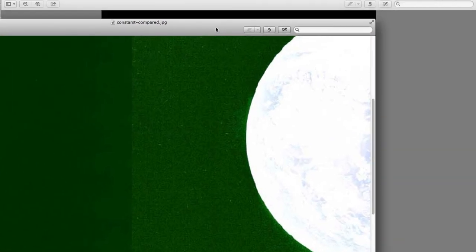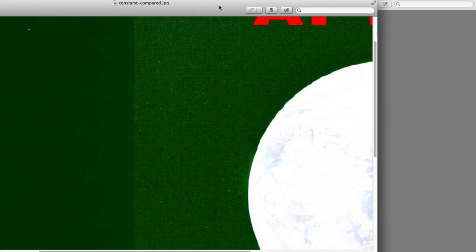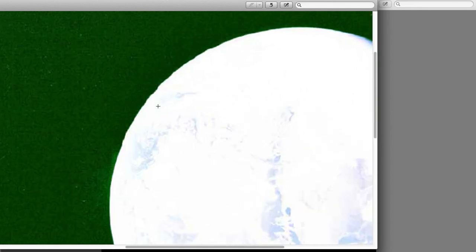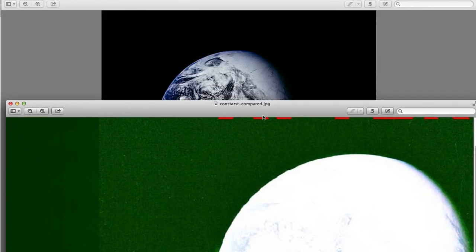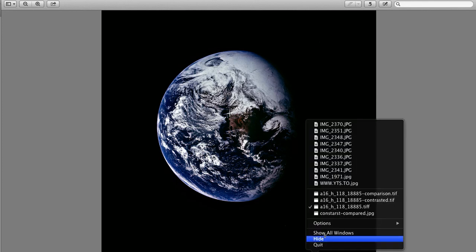If you zoom into the new image, you can clearly see that there's sort of brush marks around the edge. I mean, what have they done here? It's all like brush marks. There's also weird edges. If you look at this, this is the uncontrasted version. Hang on a minute. No, that's not. That's the